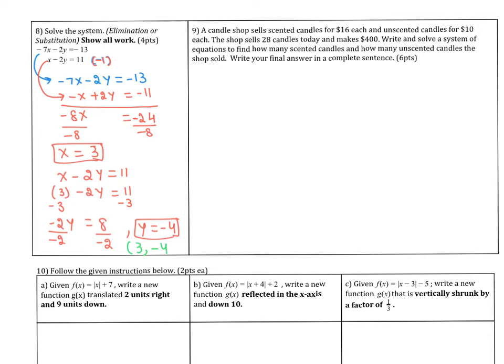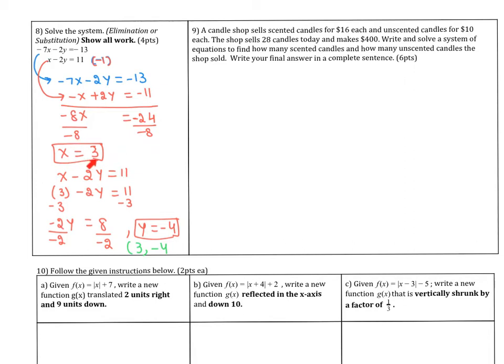And we're going to rewrite the equation. So first equation as is. So negative 7x minus 2y equals negative 13. And when you multiply the second equation by negative 1, you're going to get negative x plus 2y equals negative 11. Add: the 2y and negative 2y cancel. Negative 7x minus x becomes negative 8x equals negative 24. Divide by negative 8 on both sides. x is 3